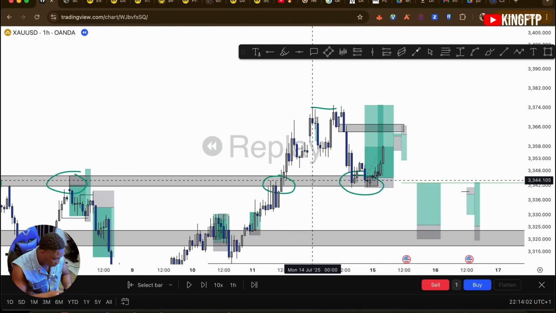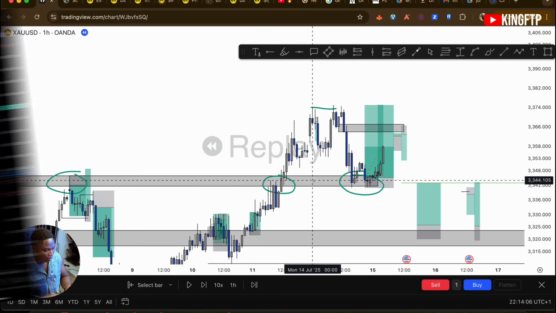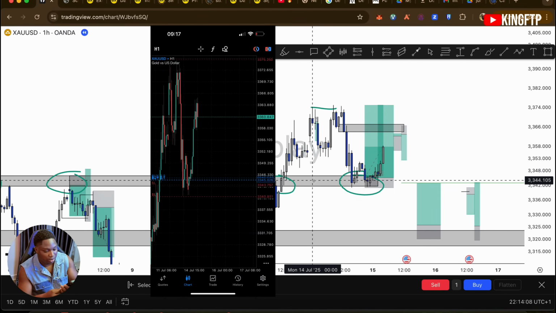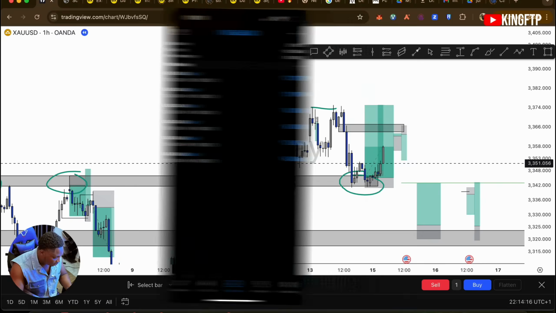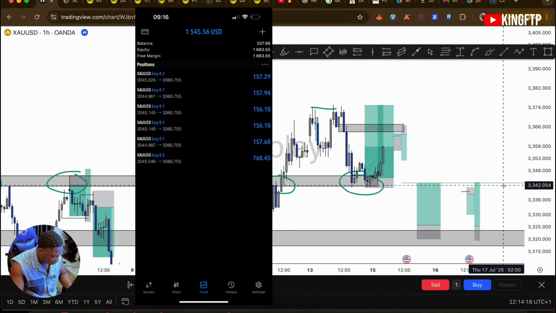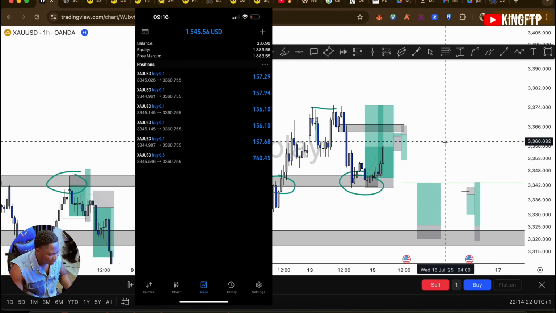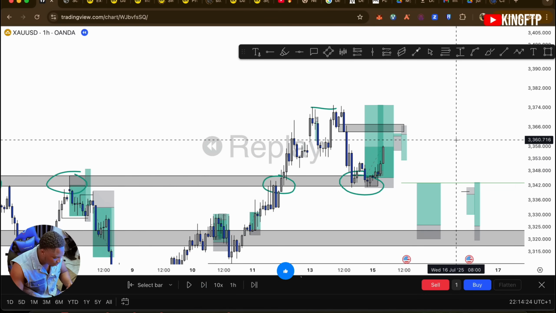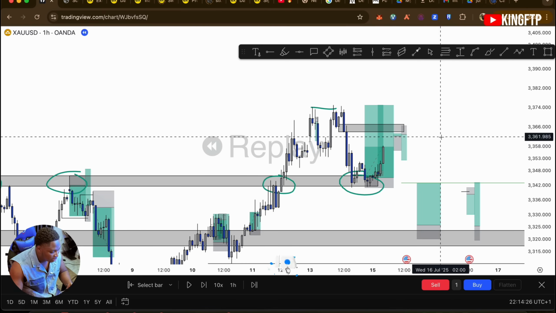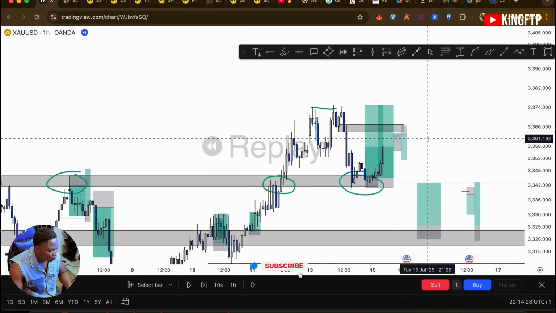Okay, let's see. Yes, I did. So this is the screenshot. I think I'll send it to my editor, who will paste it on the screen. This was when I entered the chart on a 1 hour time frame, and this was the result. So after losing $150, I think I funded an extra $150, I think so, and that's what made the account be $337,